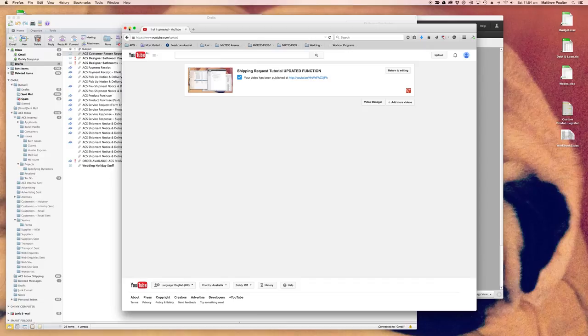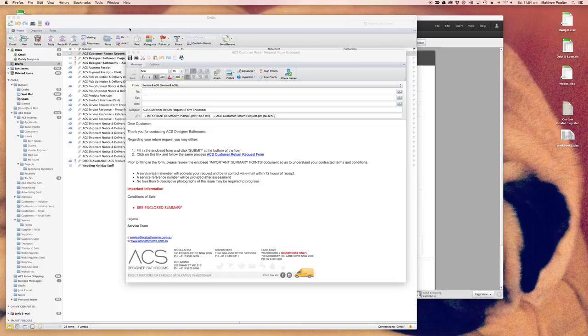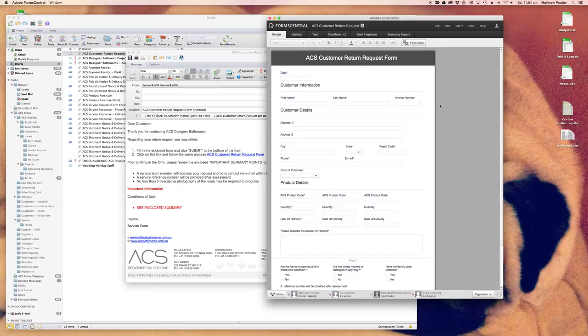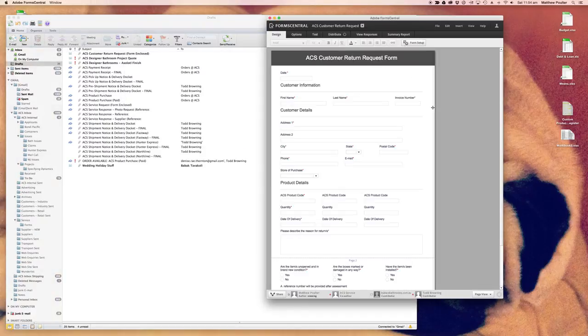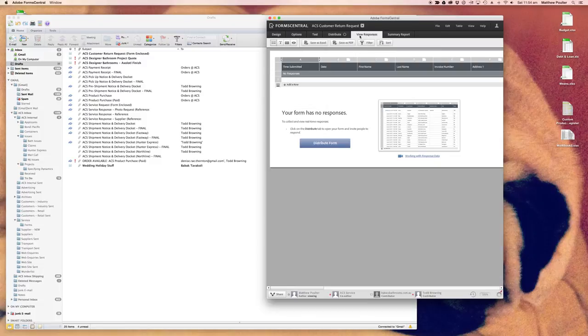Just minimize this. So once the customer has filled that information in, we send this email and they fill the information in. Then basically an email is received by anybody who's subscribed to the service at acsbathrooms.com.au email, and that will come through to your inbox. At that time, you can go to responses. This form has no responses currently,